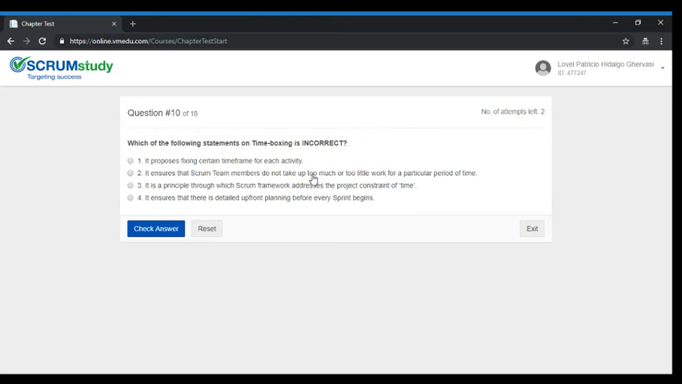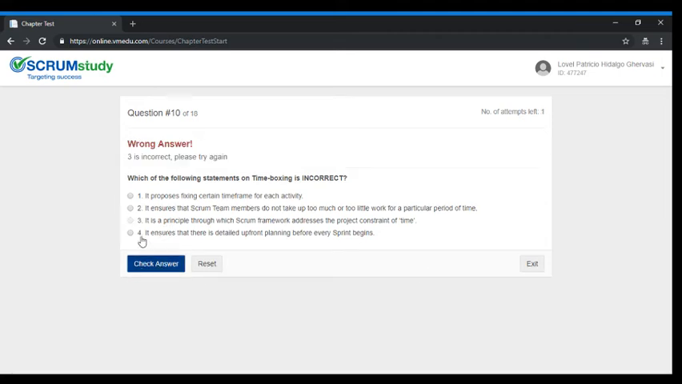¿Cuál de los siguientes enunciados de timeboxing es incorrecto? Propone arreglar cierto marco de tiempo para cada actividad. Se asegura que los miembros del Scrum no tomen cada uno mucho tiempo para hacer un trabajo en un corto periodo de tiempo. Es un principio que la dirección del marco de trabajo del proyecto tiene restricción de tiempo. No, no es, definitivamente. Y nos asegura que el detalle de la planificación esté listo antes de que una reunión de sprint empiece. Podría ser, pero la respuesta correcta